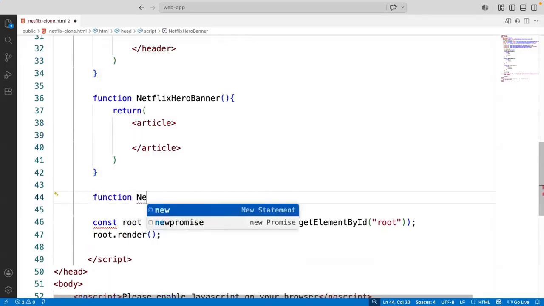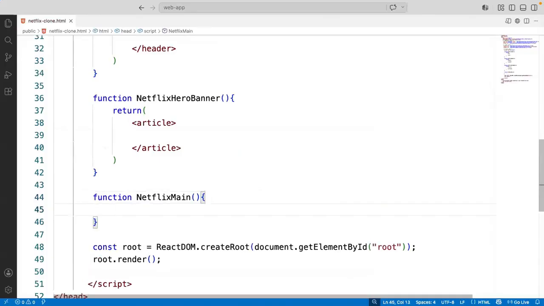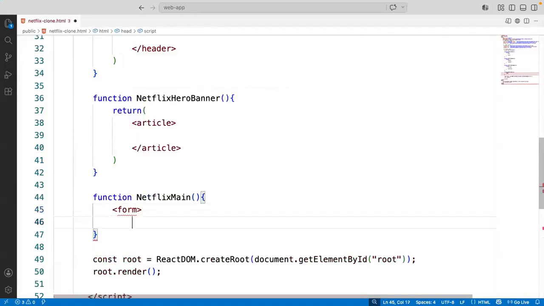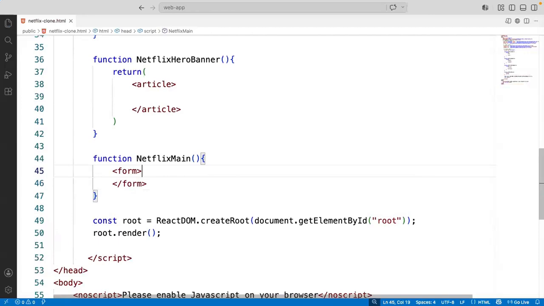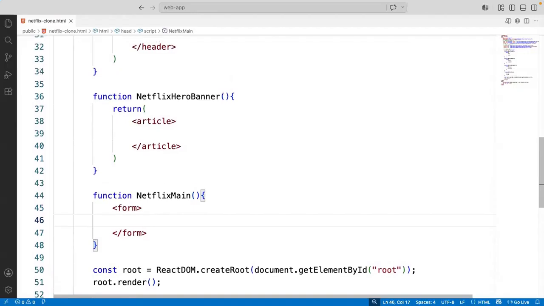One more we need, Netflix main. Actually, Netflix main is an entry point where the user can start by entering his email in the text box and clicking start. So it is a form. Am I right? It is a form. The user can enter something and submit, which means it is a form. Okay. So this is what a developer should know first. That means what a component should return. Is it header? Is it footer? Is it